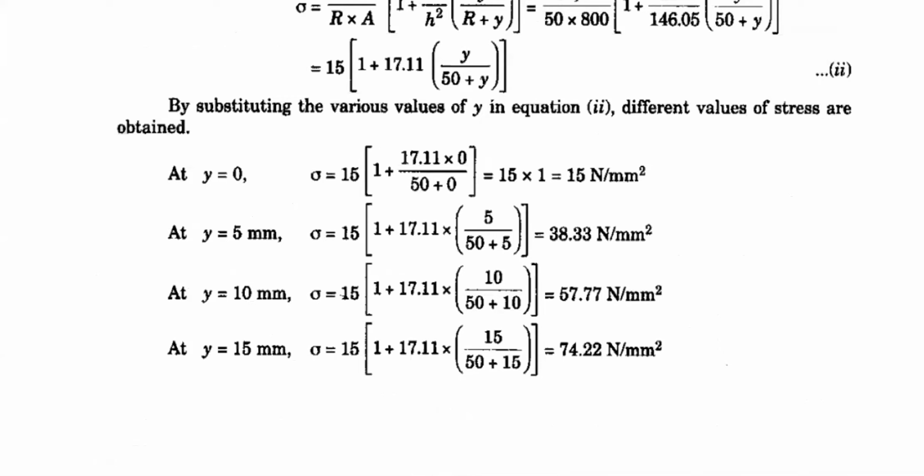If it is 60, you consider 0, 10, 15, 20, 25, 40, likewise. It's your choice, no problem. There is no hard rule that you have to consider only the value 10, only 15, or only 25. No, there are no such hard rules. You consider your own values, no problem. But they should be limited to your depth value. According to your depth value only you have to consider.